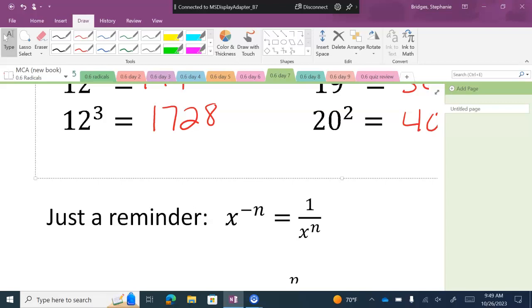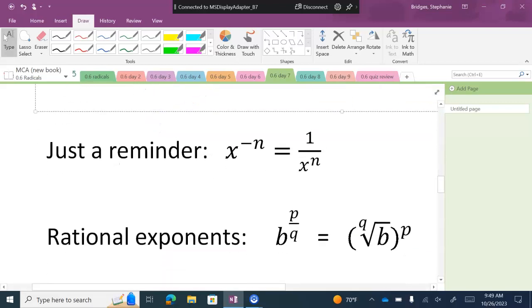And then this is what rational exponents look like. You have some base, some number, raised to a fractional exponent. Okay, our exponents are now fractions. So some base b raised to the p over q power. And here's how this works. That denominator, that q,